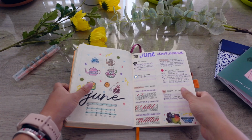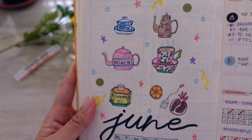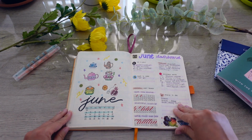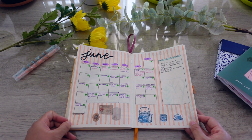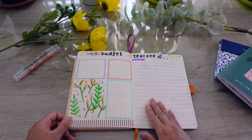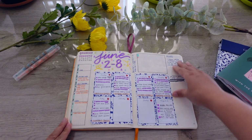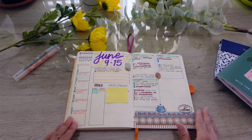My June spread is what I like to call grandma core. This is actually inspired by my grandparents who have passed. When I was looking at photos of them, I saw a lot of paisley, flowers, teapots is what I think about. I drew in a little bit of eucalyptus oil. And I think I was just hit with a wave of grief thinking about my grandparents. So I wanted to represent that in my bullet journal, not the grief part, but just remembering them and